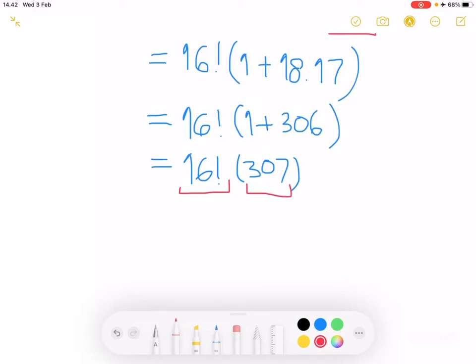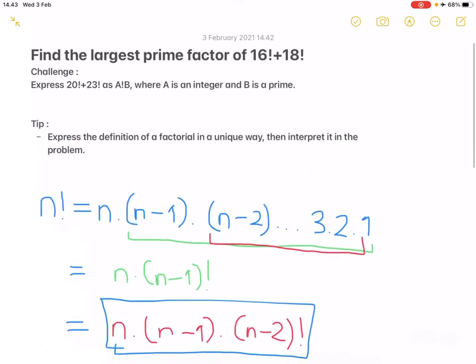If you want to try it out, you can divide by numbers like 2, 3, 4, 5, and so on, and you will not get an integer result. So our answer for this question is that the largest prime factor of this expression right here is